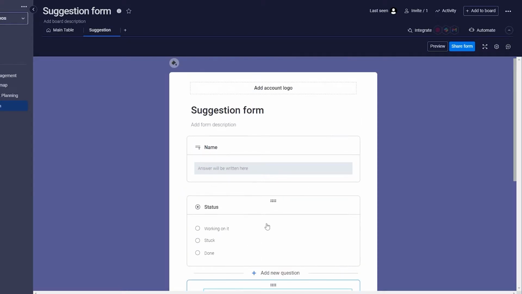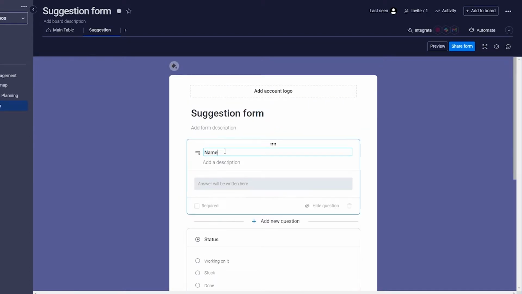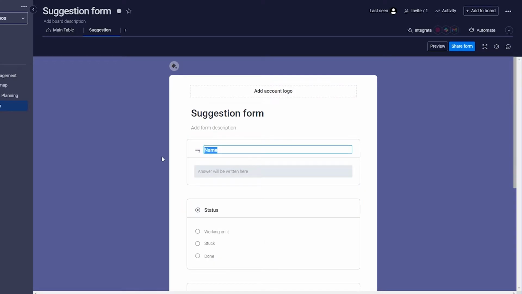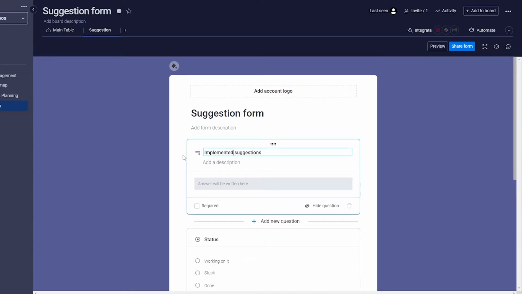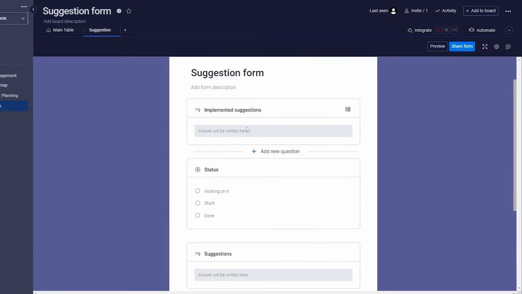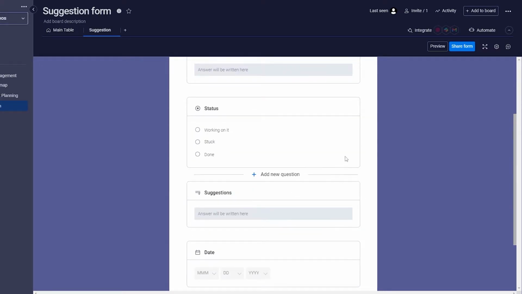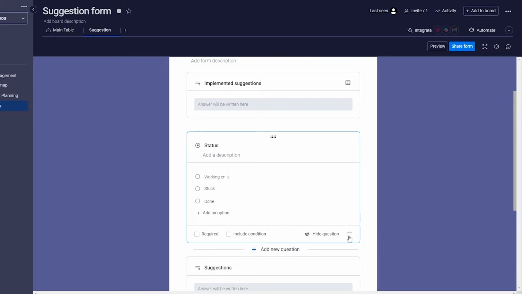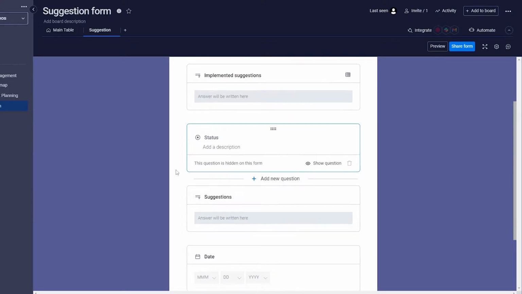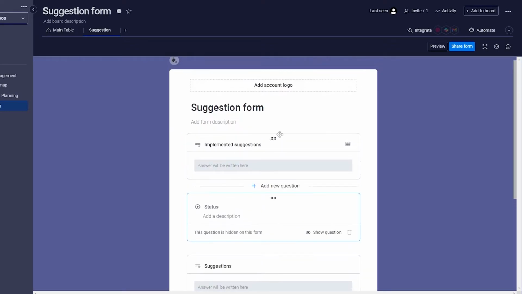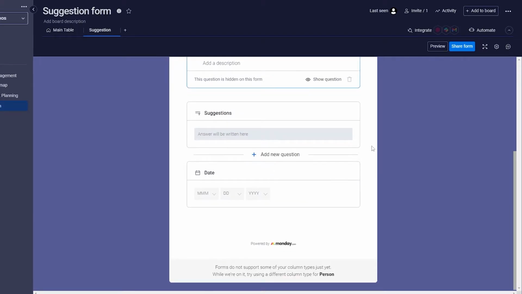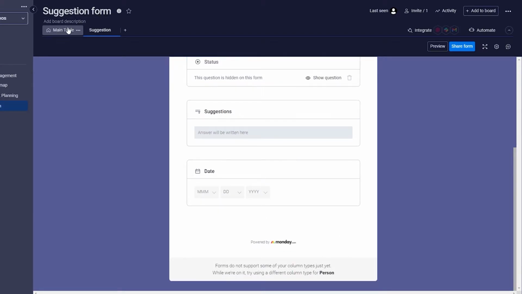And what we can do over here is click on this one, and over here we'll say implemented suggestions. We'll have implemented suggestions over here, and answers will be over here, and we can remove this one as well. So let me go ahead and remove this one, or hide questions as well. And this will be the suggestions, this will be the implemented suggestions, and we are good to go. Now when we go over to the main table,